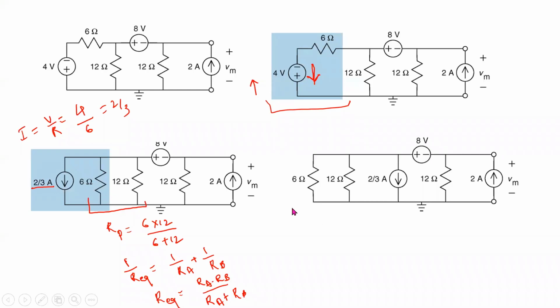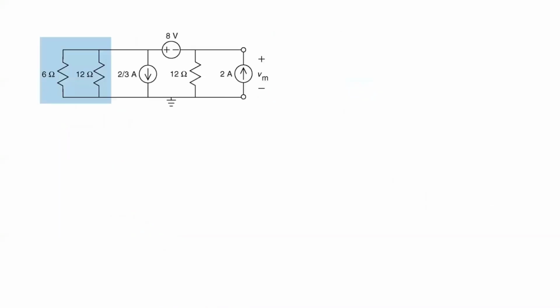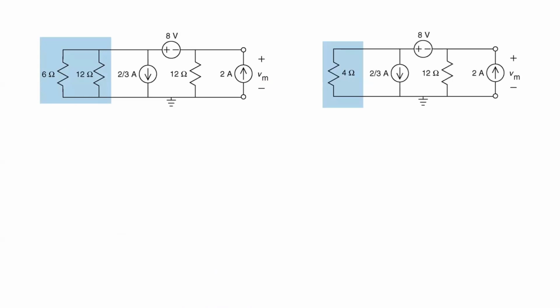Okay, so let us convert these two resistors. Just a replacement is done here. The current source is written in this place. These two are written in this place. There is no difference to the circuit. They are one and the same. Okay. Now, these two are in parallel. So 6 into 12 divided by 6 plus 12, that is 18. As a result, it is 4. Everyone should make use of a calculator.